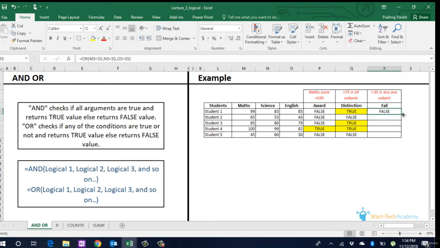We extend it. We can see that only one of the student has failed because that student scored 30 in English, which is less than 35.